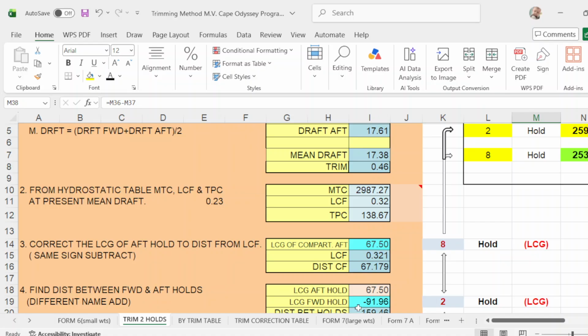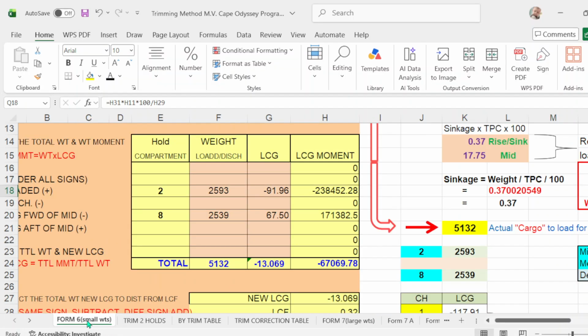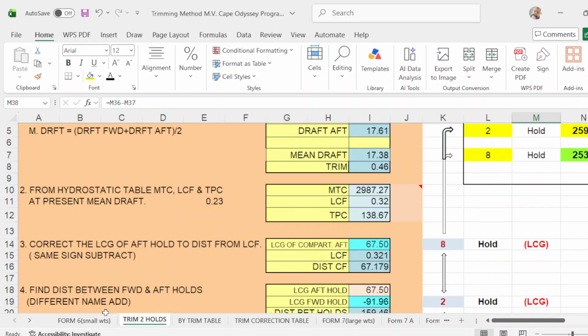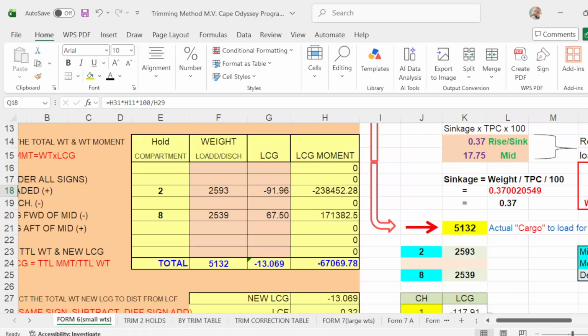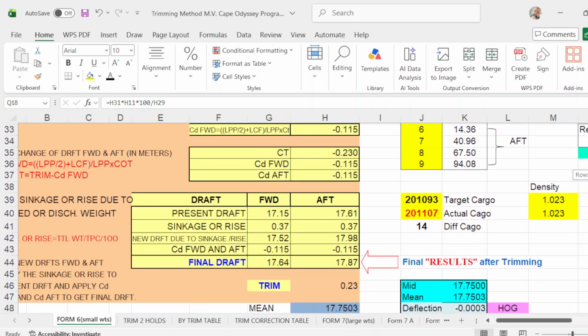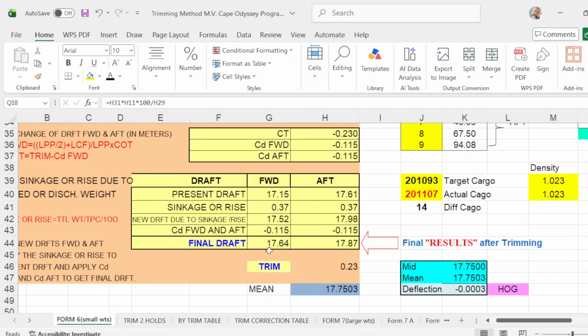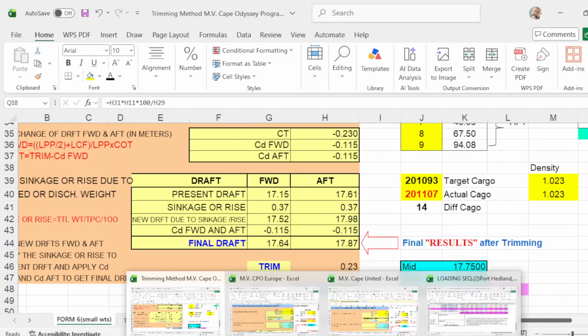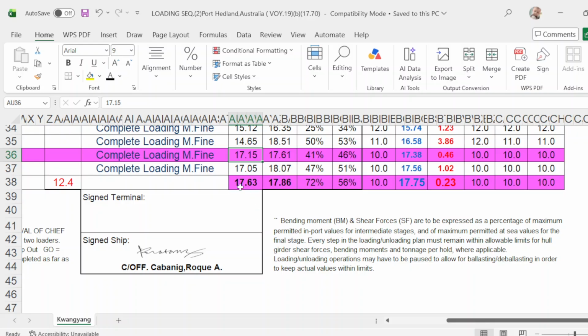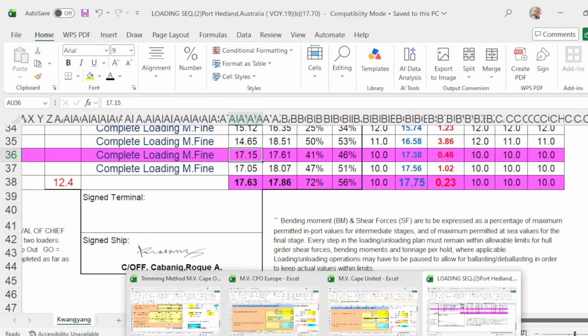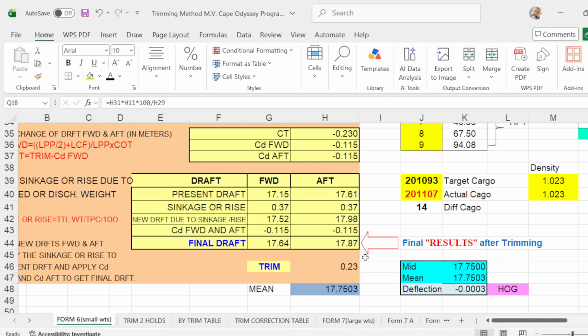Number 2 LCG is negative 9186. Number 2 is 9186. Number 8 is 6750. Okay, once confirmed, then your departure drop forward is 1764, and your up drop is 1786, and what you have in your program is 1787, and your trim is 23, and your mean is 1750,